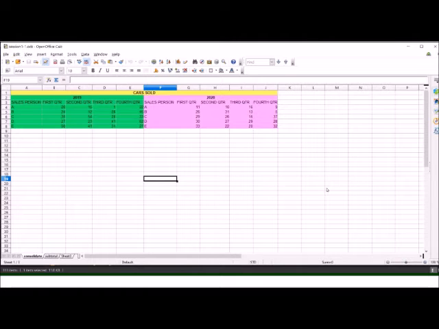I have prepared this worksheet to demonstrate this feature, in which the cars sold during 2 years, that is 2019 and 2020, is given. Suppose we want to know how many total cars were sold in different quarters during these 2 years, then we can use the consolidate feature.